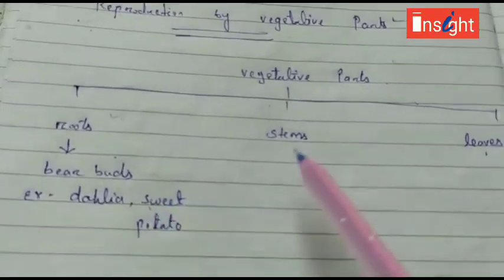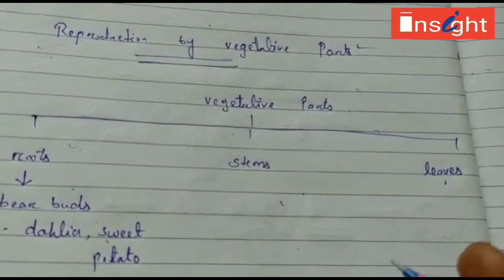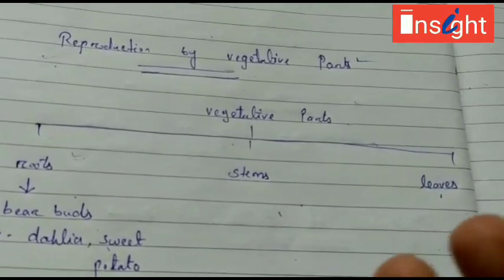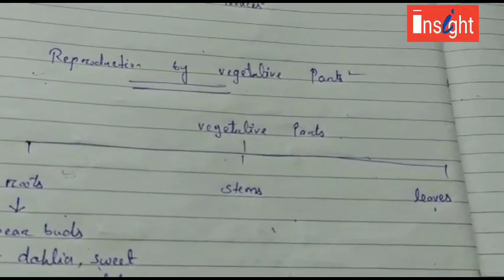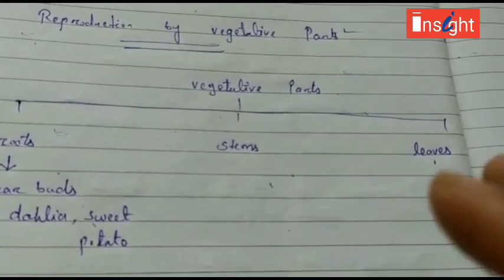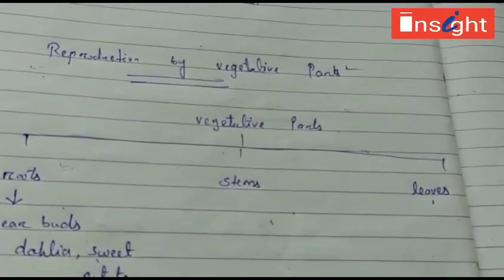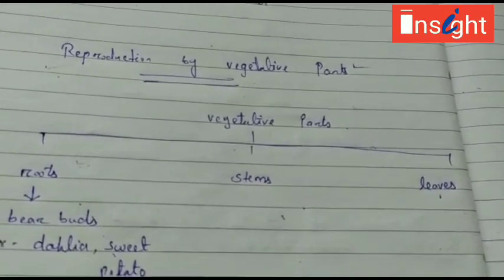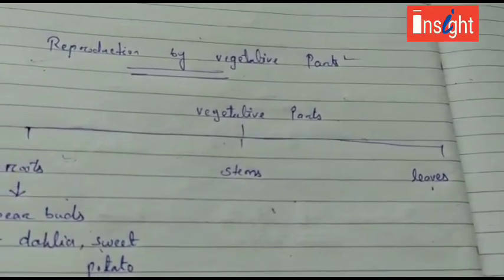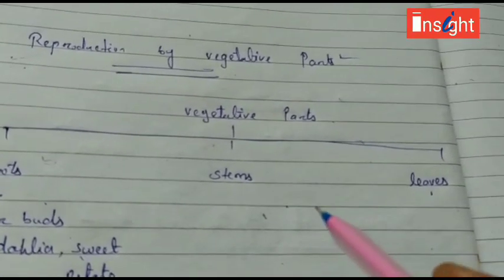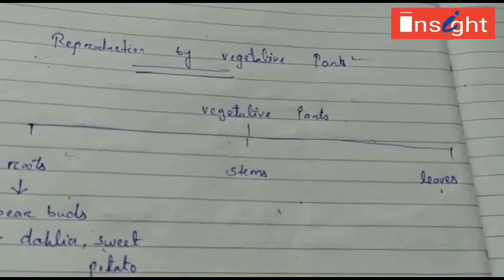Like roots, stems can also be used to grow a new shoot. Examples are ginger, potato, onion, turmeric and banana. These are underground stems. When you plant these stems in the soil, new plants grow from the buds, because stems are able to bear nodes, internodes, leaves and buds. When buds come, they grow into new shoots.